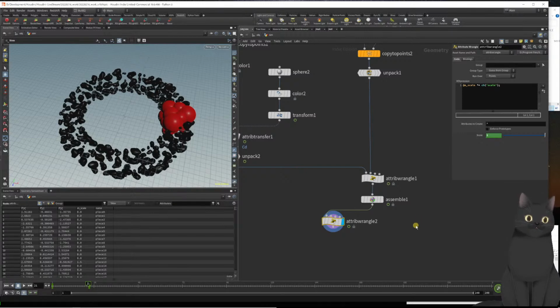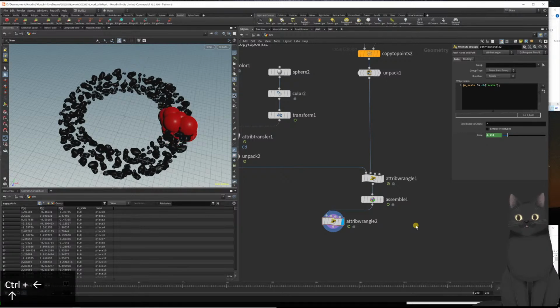So that's basically they kind of grow, and then you plug that into another attribute wrangle, and you set the found overlap variable to be 1. Now let's set up